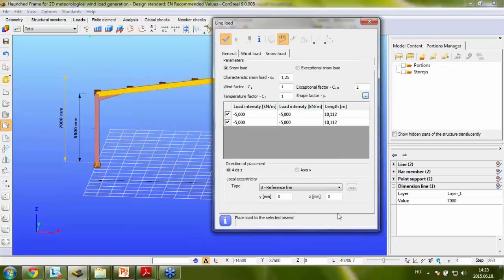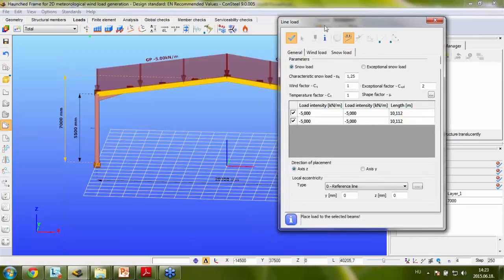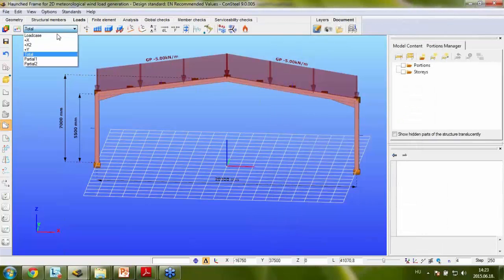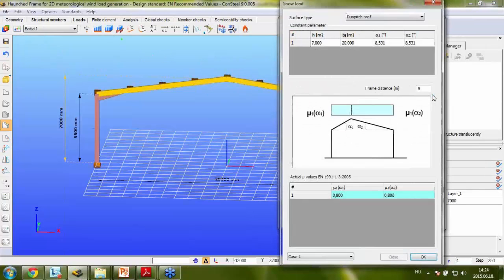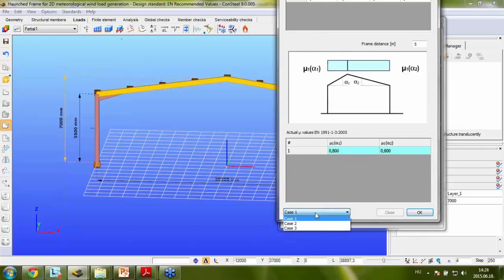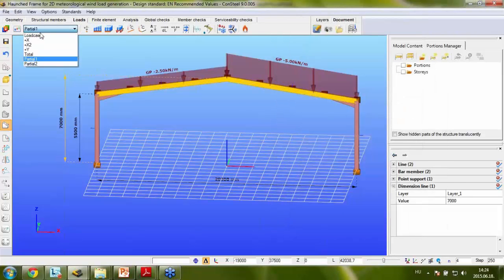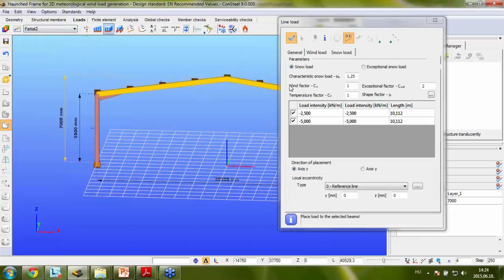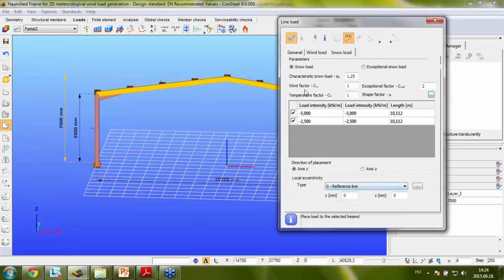First, I'm going to place the total snow load by clicking the pipe button here. Okay. The partial one, snow load. Okay, and place it. Partial 2 is the last. Okay, so now we have all of our